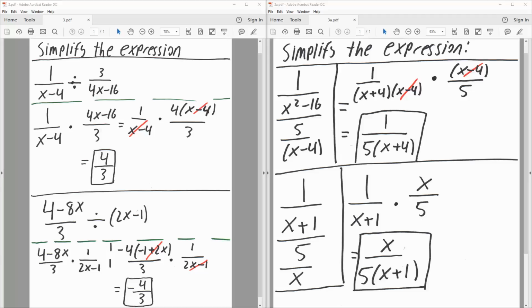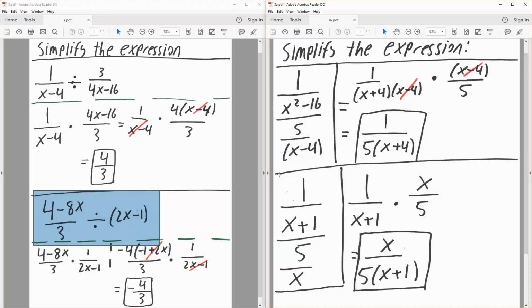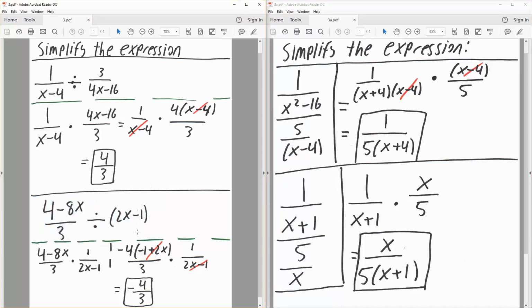In this video, we will be dividing rational expressions and we will solve 4 problems. This will be the first problem, the second problem, the third problem, and the fourth problem. So let's get started. So we have 1 divided by x minus 4 divided by 3 divided by 4x minus